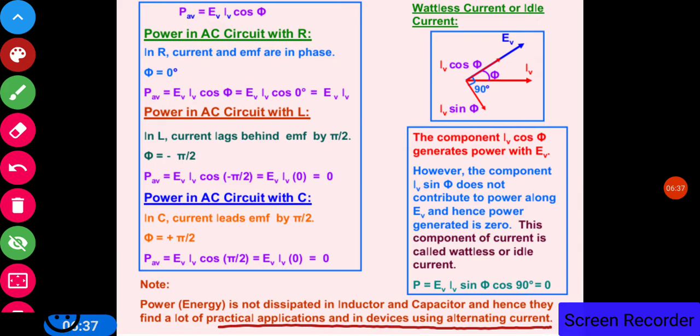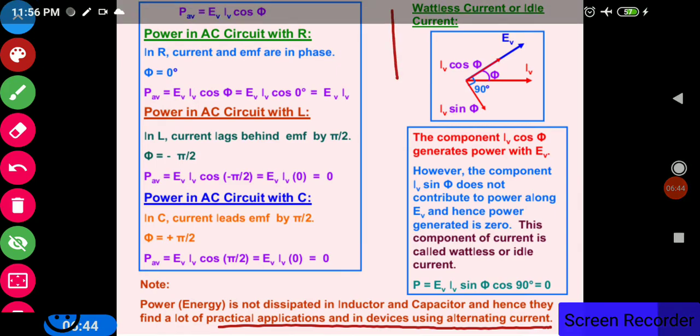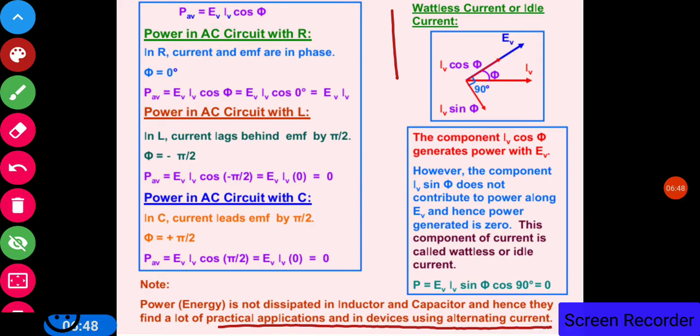Now when we are discussing zero power in an AC circuit with L or C, one more term comes in, that is wattless current or the idle current. The component I_V sin phi does not contribute to power. Now here, if this is the RMS current, and this is the maximum value of the current, now if we divide this by phi,